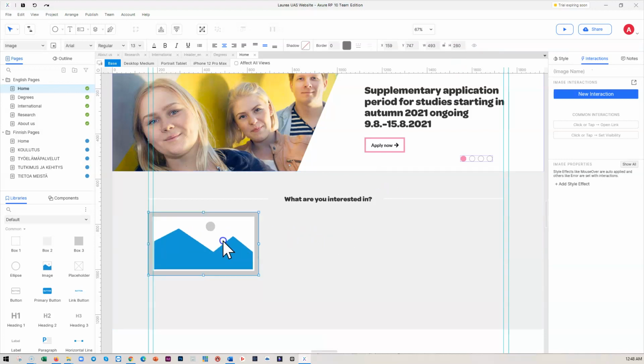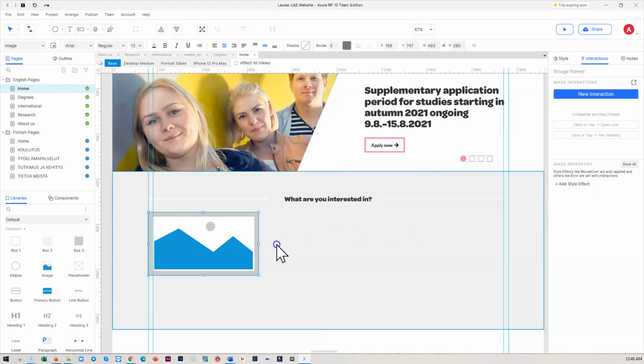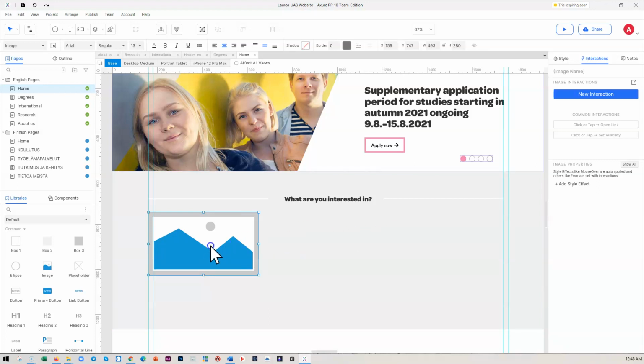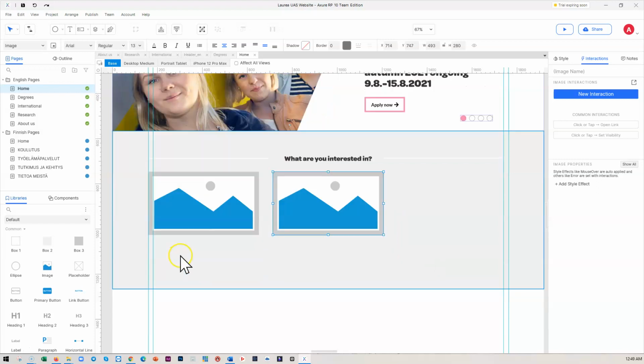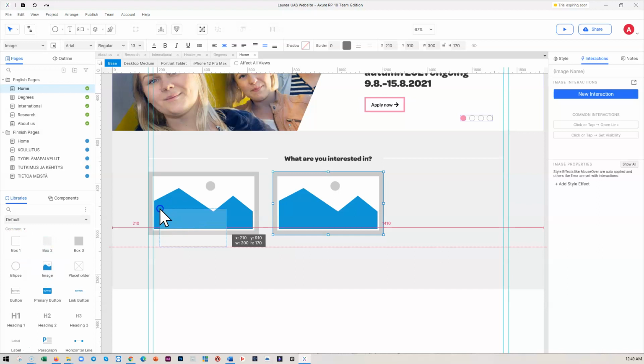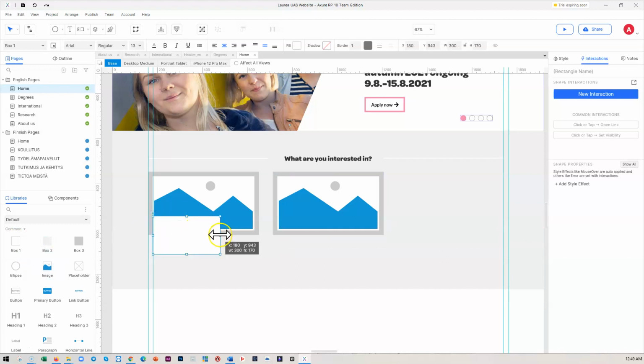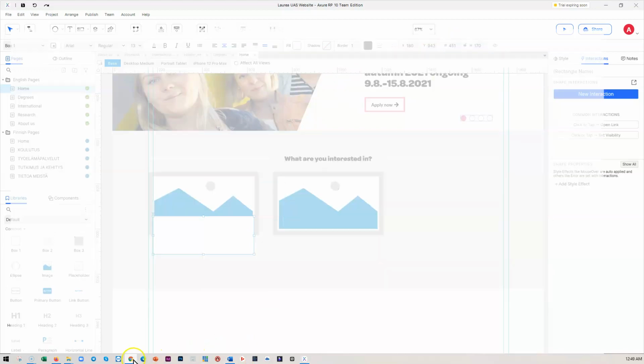Good. I think we have 3 of those, so we can copy a similar thing here and use it. And then we have the white space also, which was, if I remember correctly,